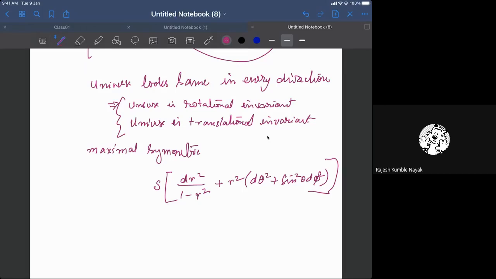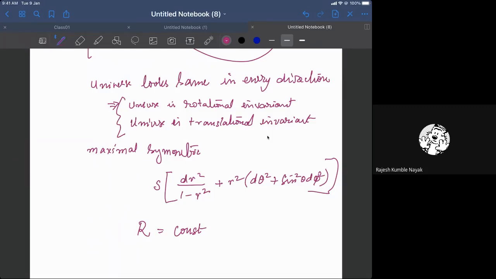You can simply do an exercise, a simple exercise, calculate the Einstein's equation, the Riemann tensor, Ricci tensor, and so on. You would see that for the spatial component the Ricci tensor is a constant. The Riemann tensor itself can be written in terms of the outer product of the metric, and then the Riemann curvature becomes constant, and that is what we have.